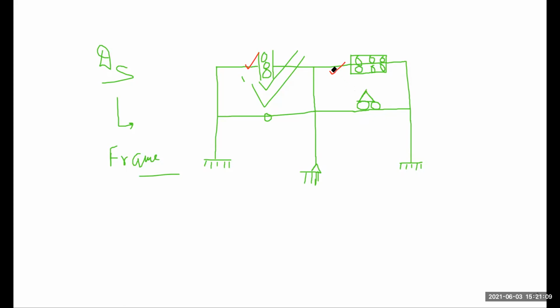So you all solve this problem. I think this problem was asked in your GATE or ESE examination. So you all solve. What is the DS of this structure? Can anyone find the answer? What does DS come out to be?